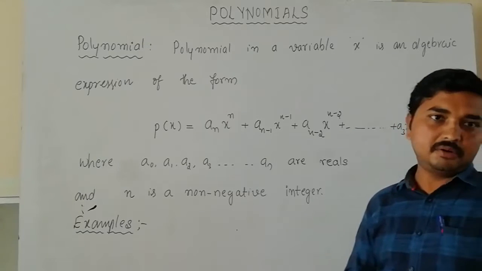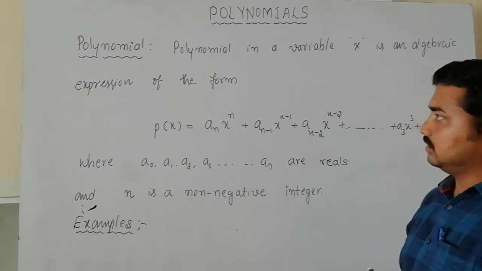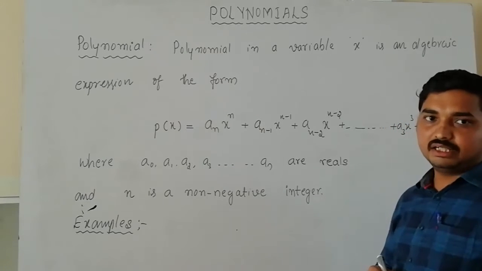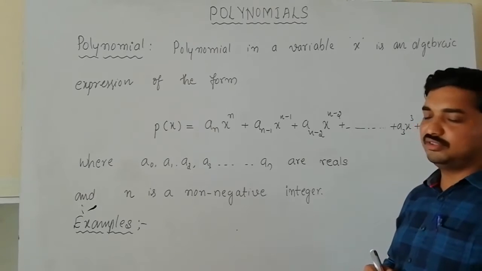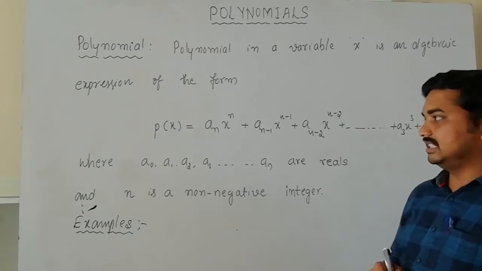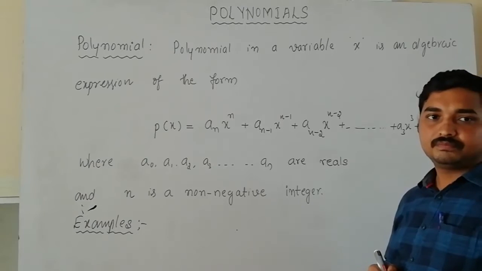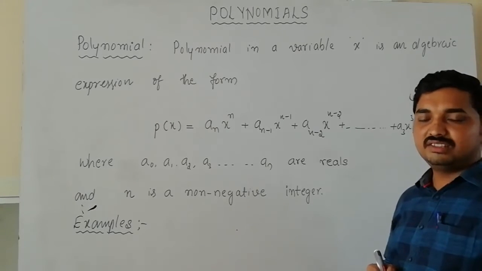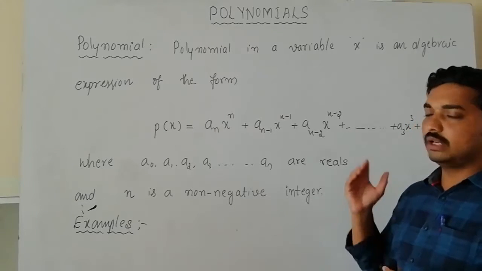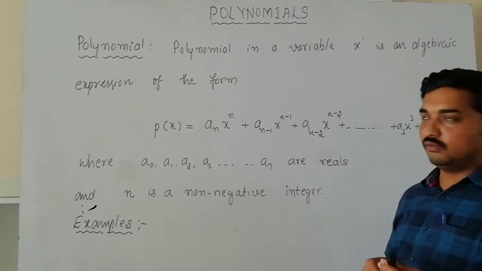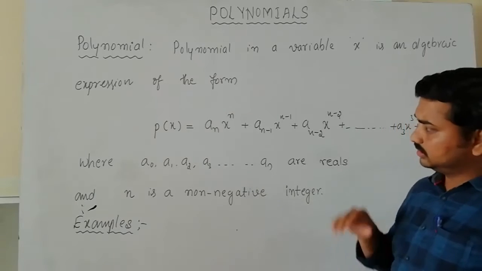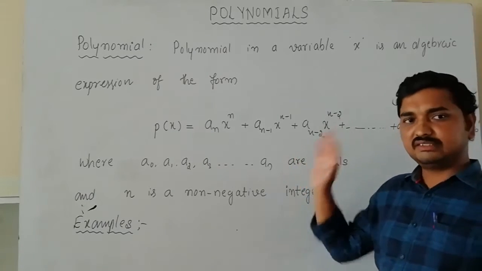So this is the definition of a polynomial. You have already learned what a polynomial is in the previous class, and also in the previous standard. Now this seems to be a very different definition, and it is not given in your NCERT textbook, but I have given this one. This is the proper definition of a polynomial. Even if you go for higher studies, they will follow this definition. That's why, even though it is not given in your NCERT textbook, I'm giving this one. Just keep this definition.